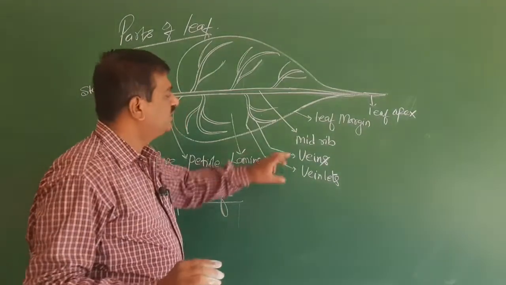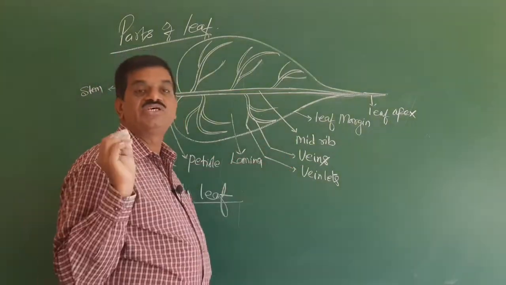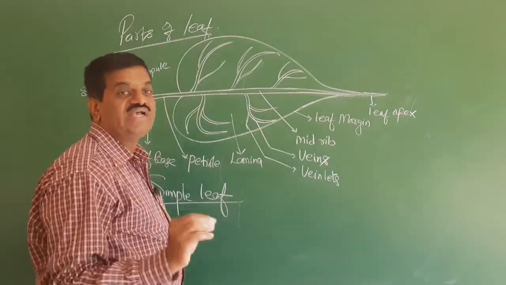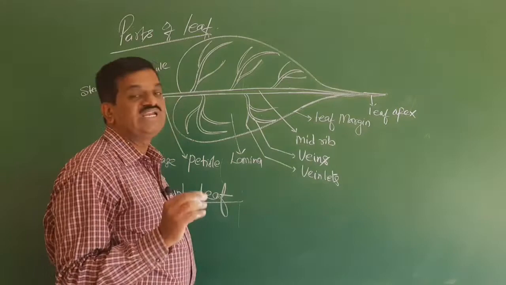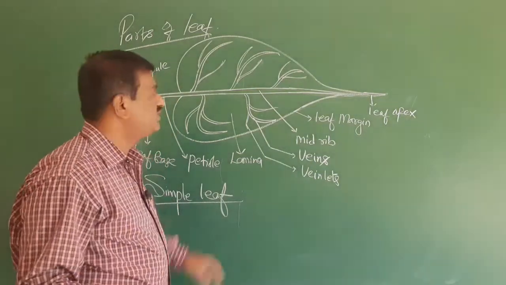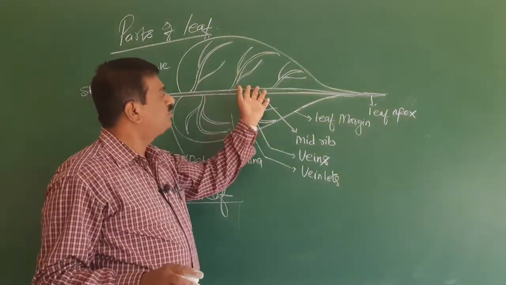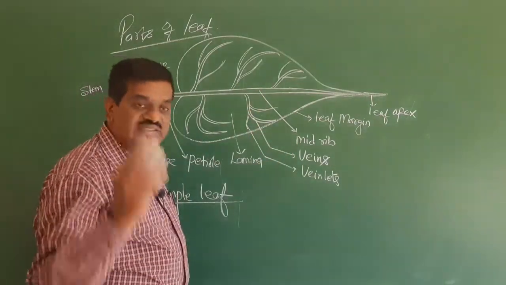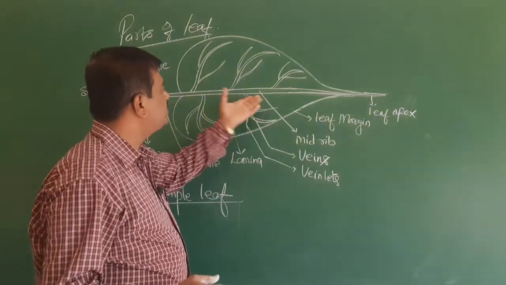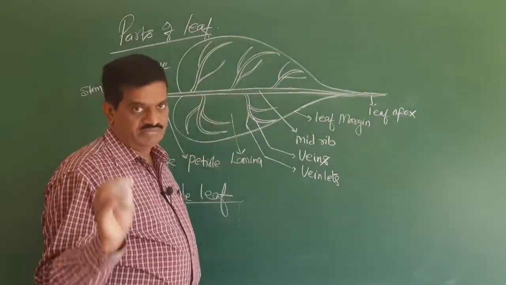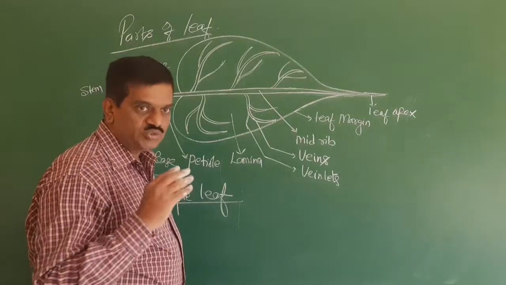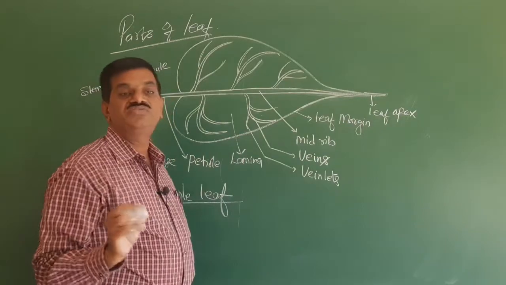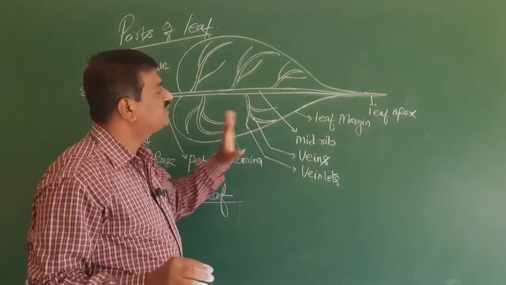So, very important: the midrib, veins and veinlets have the presence of xylem and phloem. They have vascular bundles, which help in conduction of water and minerals. So we know that water is supplied to the leaf through the midrib, veins and veinlets, and the leaf prepares the food. Reserve food is taken out: again, xylem supplies water and phloem takes the reserve food away to all parts of the body. So this acts as a transportation.